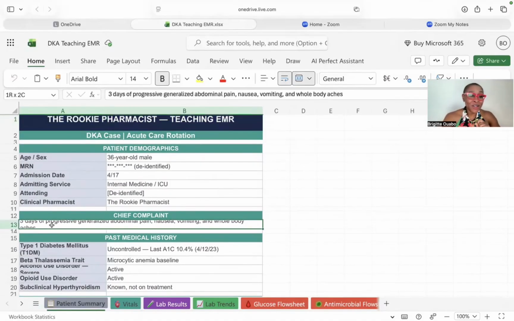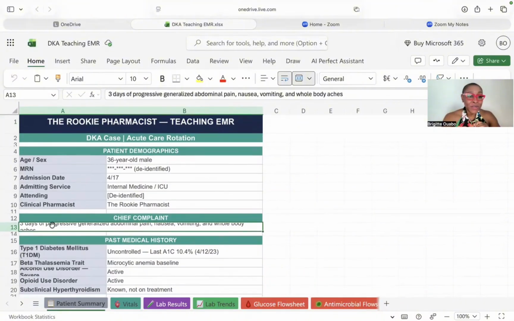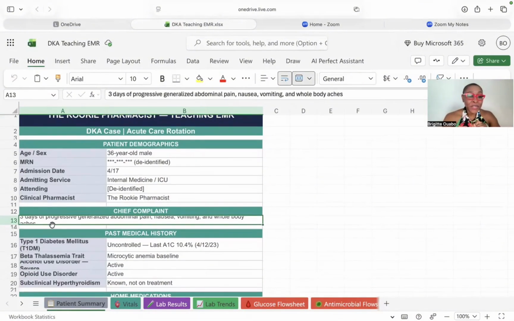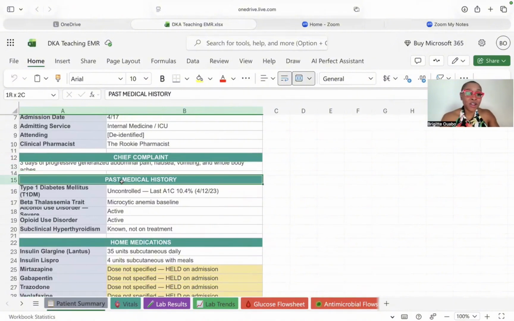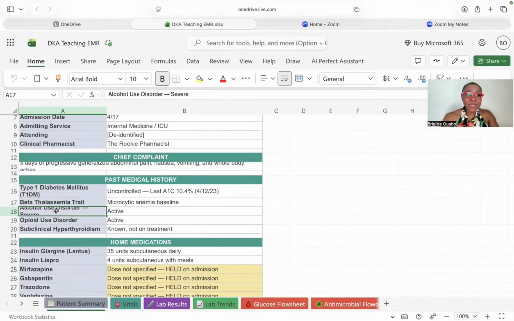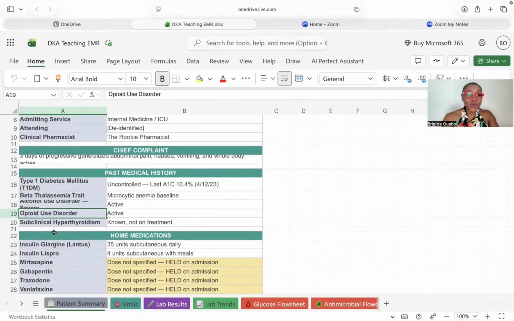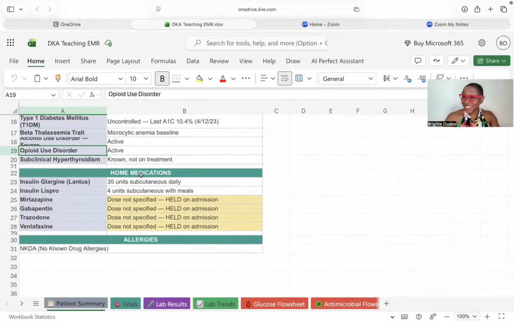And you get here the reason the patient is here. Patient presents with 3 days of progressive worsening abdominal pain and nausea, vomiting, and whole body aches. And you have the past medical history right here. It's a type 1 diabetes patient, other past medical history, opioid use disorder,